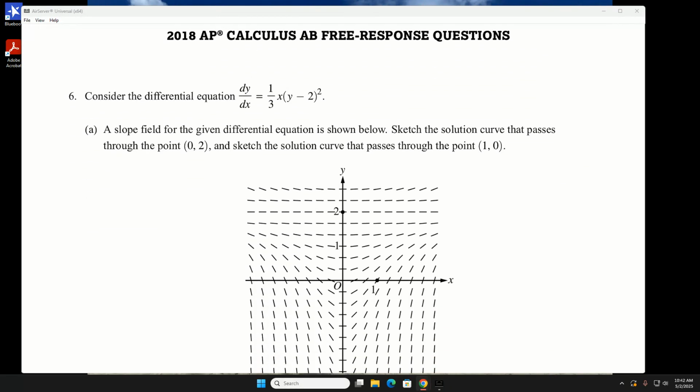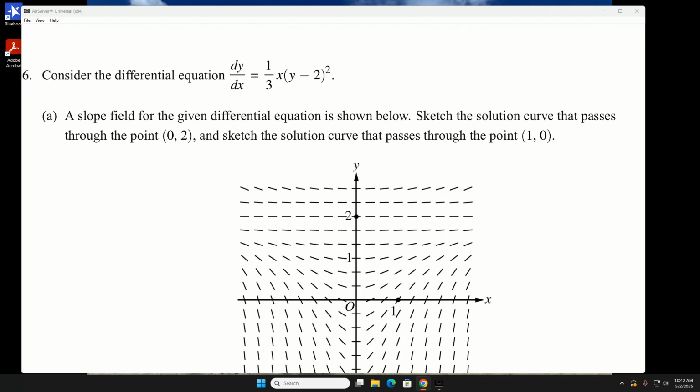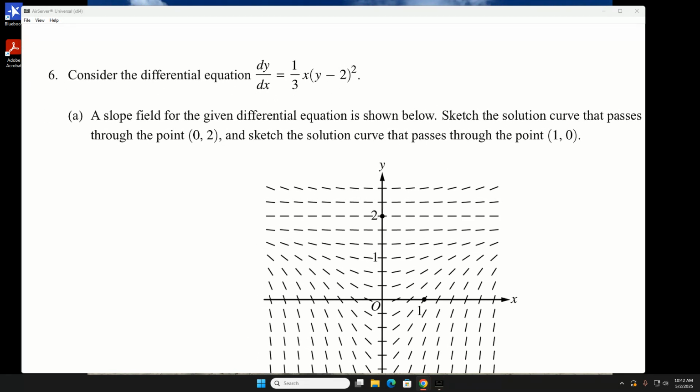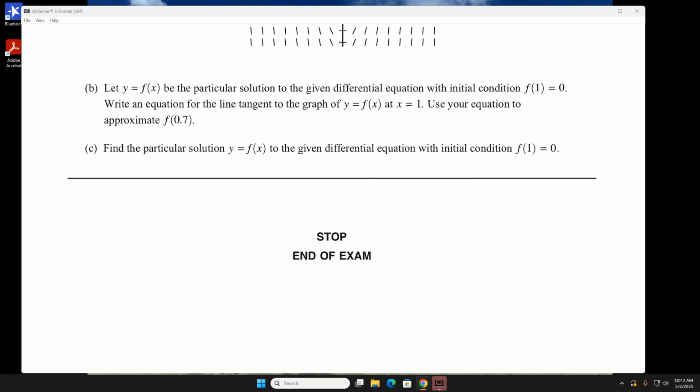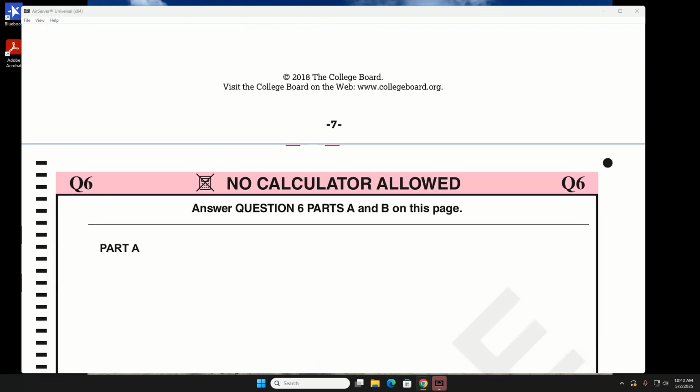Okay, so here we go. This is our differential equation. And this one does have a slope field. Like I said, I'm not sure what they're going to do about that. Another thing is this one only has ABC, and your